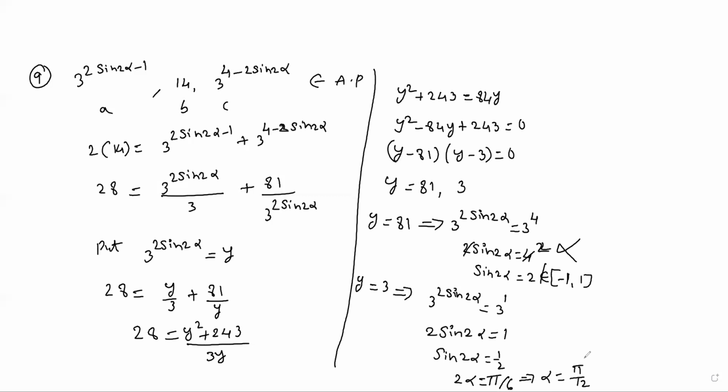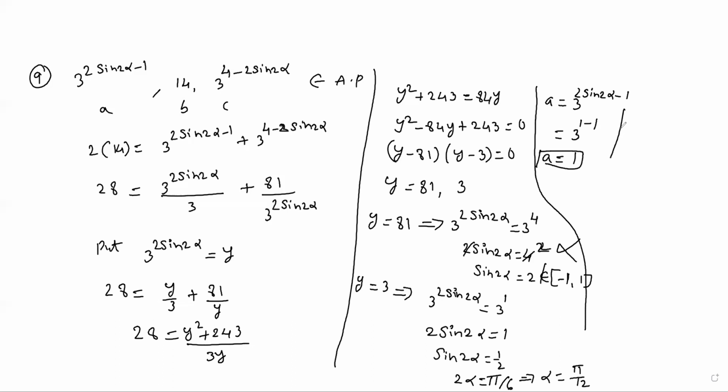Now for that, what is the first term in that case? What is the first term in that? That is 3 power 2 sin alpha, whole power minus 1. This we can take easily. Now we will take values. Here 3 power 2 sin 2 alpha, how much we already know? 1. That's why it is 1 minus 1, 3 power 0, that's why A value clearly 1 we got.